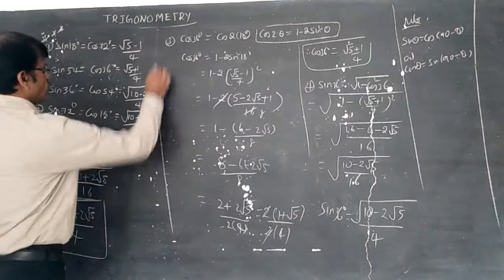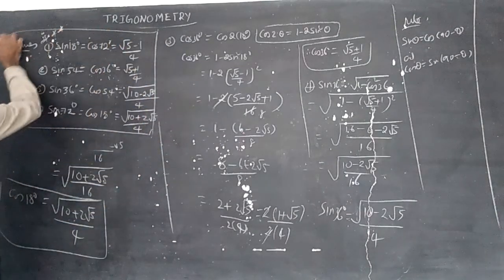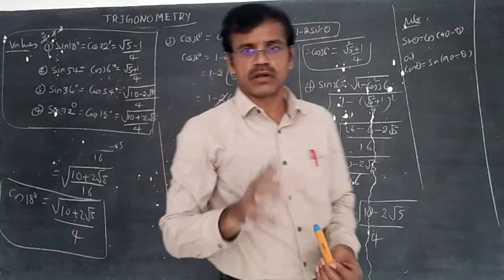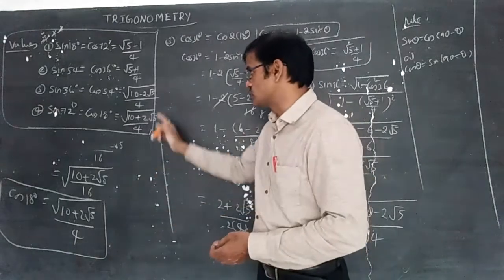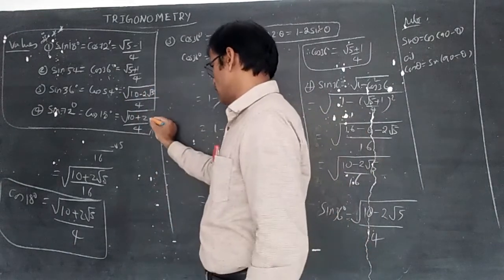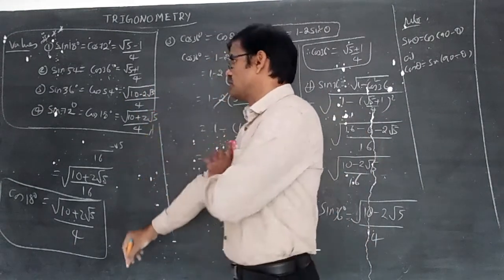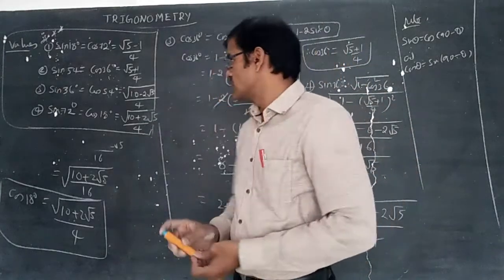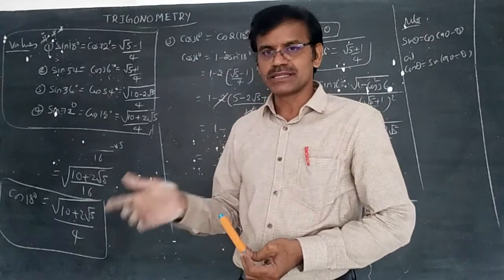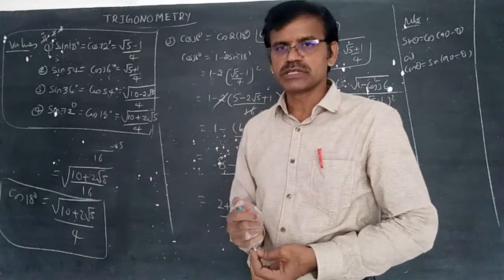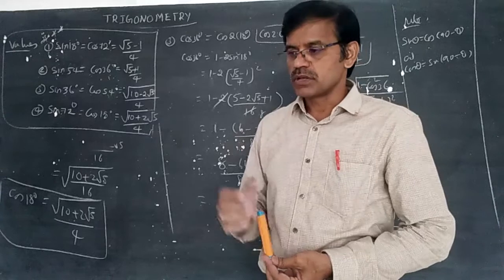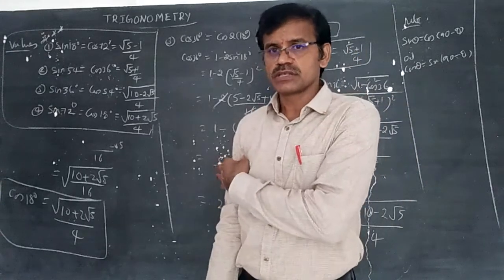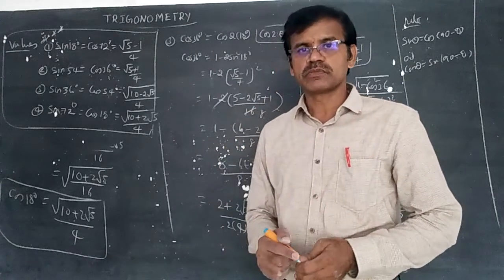These four values are most important for IIT and objective exams also. Even if you are facing EAMCET or IIT or JEE Mains or Advanced, every student has to remember all these values. And another, 22.5 degrees values are also there, which depend upon submultiple angles. Let us discuss the submultiple angles theorems. Of course, the concept I said depends upon the submultiple angle formulae. Some values are there for sin and cos. Let us discuss that concept in the next class.